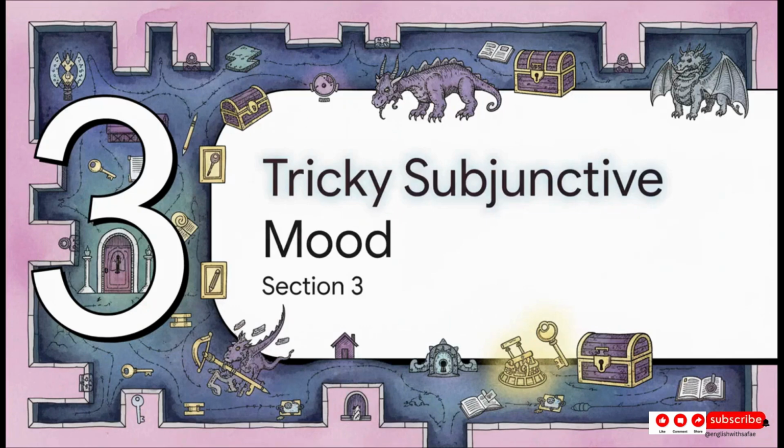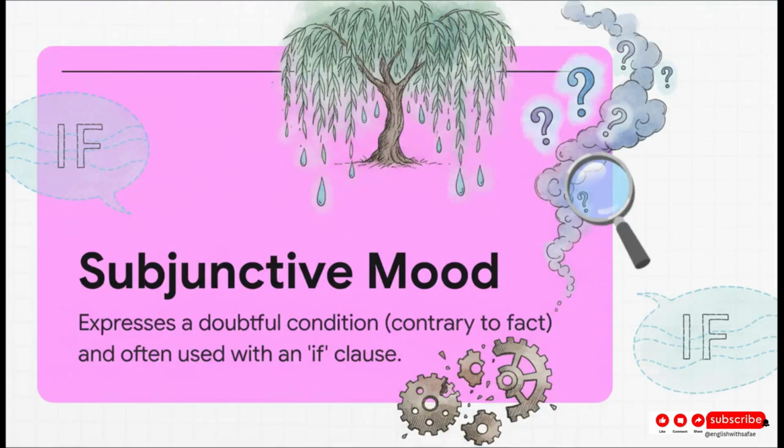Which brings us to Section 3, the tricky subjunctive mood. If the indicative and imperative are the everyday levels of English, the subjunctive is basically the complex boss level. The subjunctive mood expresses a doubtful condition, something that is contrary to fact, and it's very often paired with an if clause. So the absolute most crucial point here is that phrase, contrary to fact. When you're talking about a wish, a doubt, or a hypothetical situation that isn't currently true, you are stepping right